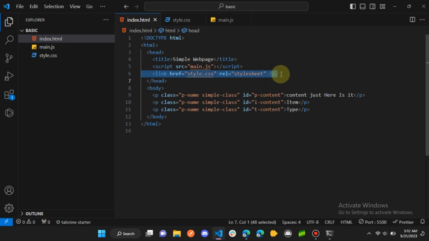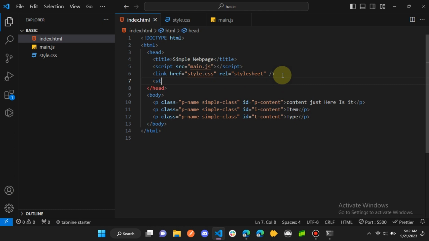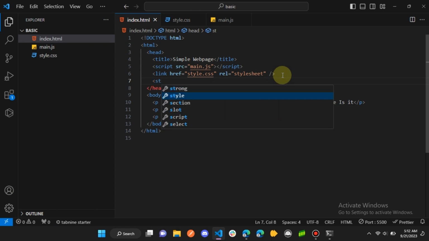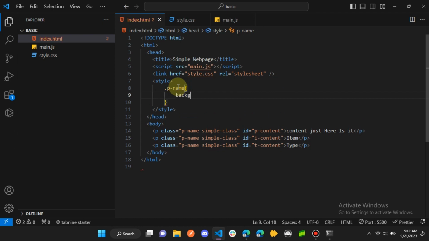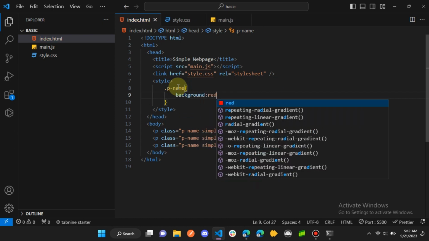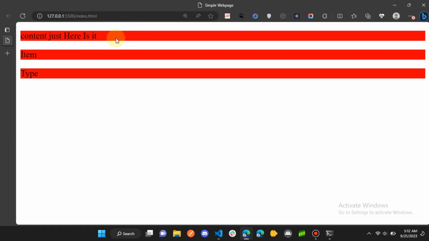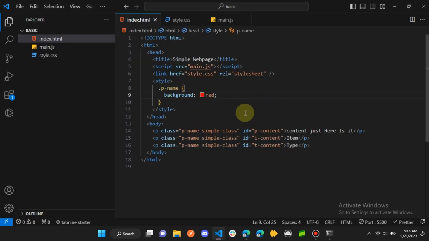Now I'm going to try to add some styles to this web page, and I would use the style element in the head. I'm going to use one of these classes, and I'll give it a background of red, and let's see how that looks. If I refresh this over here, you can see that it gives this background as red, and that's what I was trying to point out: